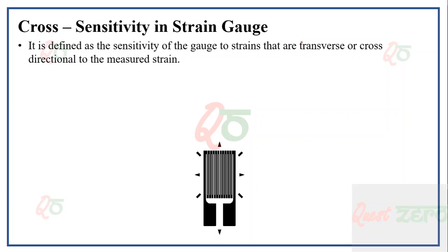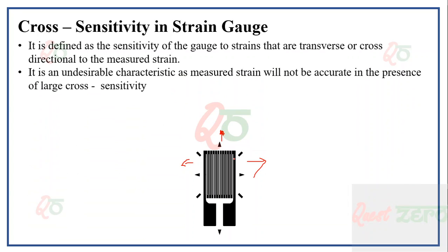So if you consider the strain gauge, whenever there is a force which acts, lengthwise it can change, but widthwise it should not show much deformation. If it does show, then the resistance will also be very high. So we cannot directly relate that particular resistance change to the change in length alone. Hence we take up cross sensitivity as a major characteristic.